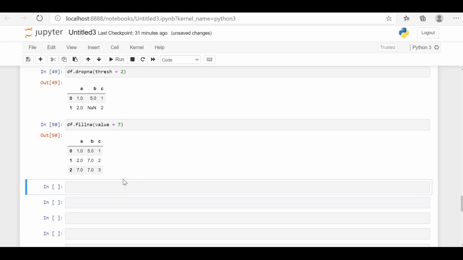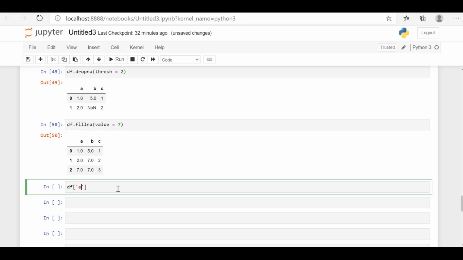What if we want to perform some operations on this particular one? In the sense, what if we want to fill these elements using operations on the present dataset elements? For that, let's consider